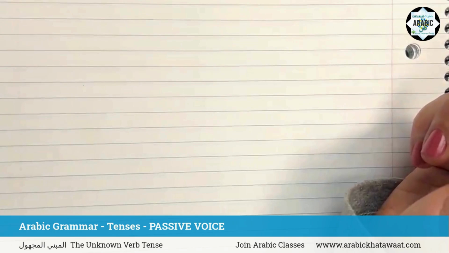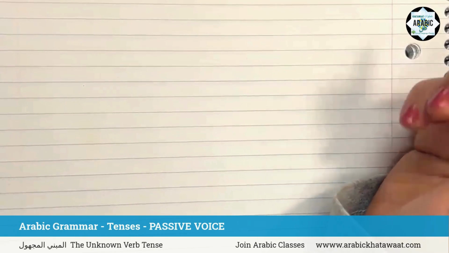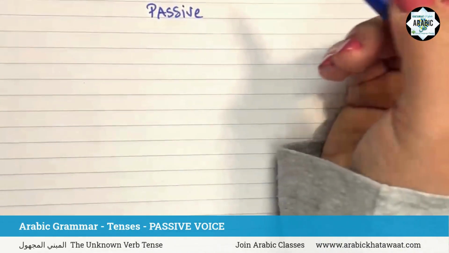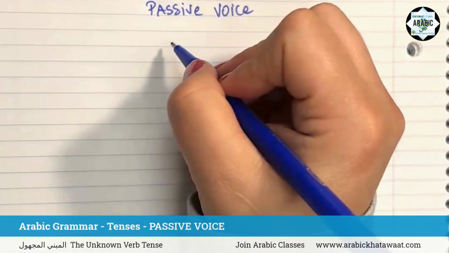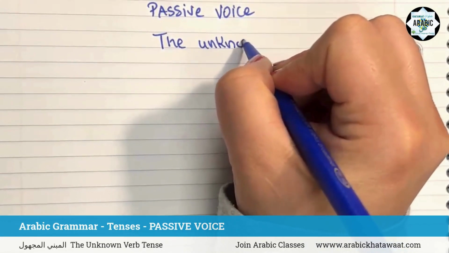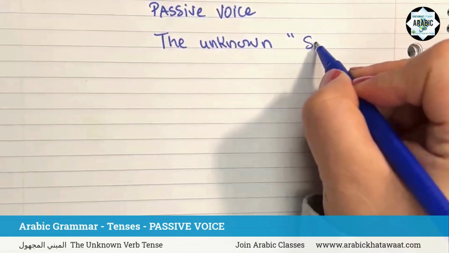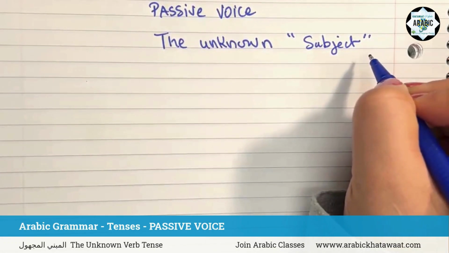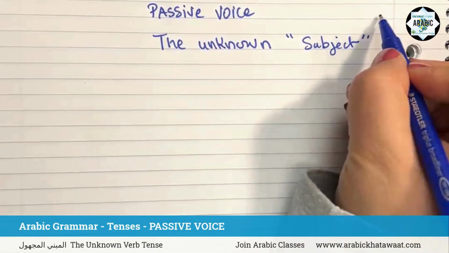In this video, we're going to review the passive voice, what is known as المبني للمجهول. So if this is your first time learning about the passive voice, you will probably hear this Arabic terminology that we would refer to as the unknown. When I say the unknown, I refer to the al-fa'il, the subject, meaning I do not know who executed the action. So I would say it refers to the unknown, which is المبني